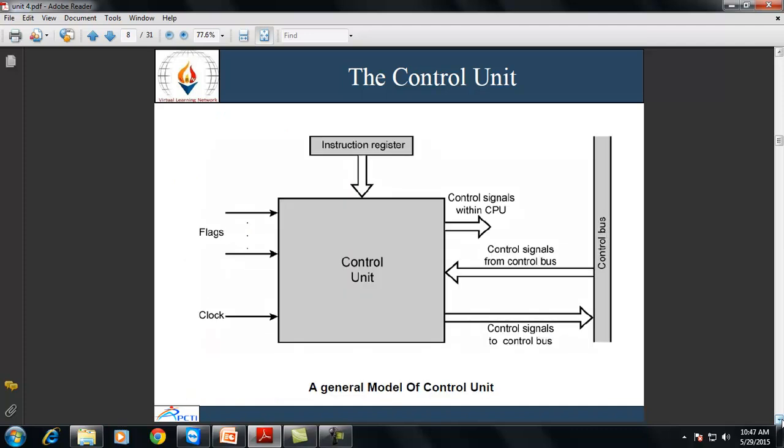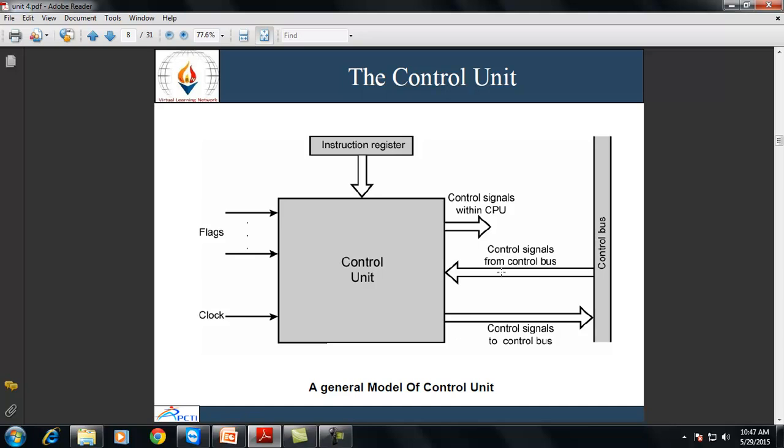This is the general model of control unit, in which the inputs are, first, the clock signal, which causes micro operations to be performed in a single clock cycle. Either a single or a set of simultaneous micro operations can be performed. Next, flags are basically used by the control unit for determining the status of the CPU and the outcomes of the previous ALU operations.